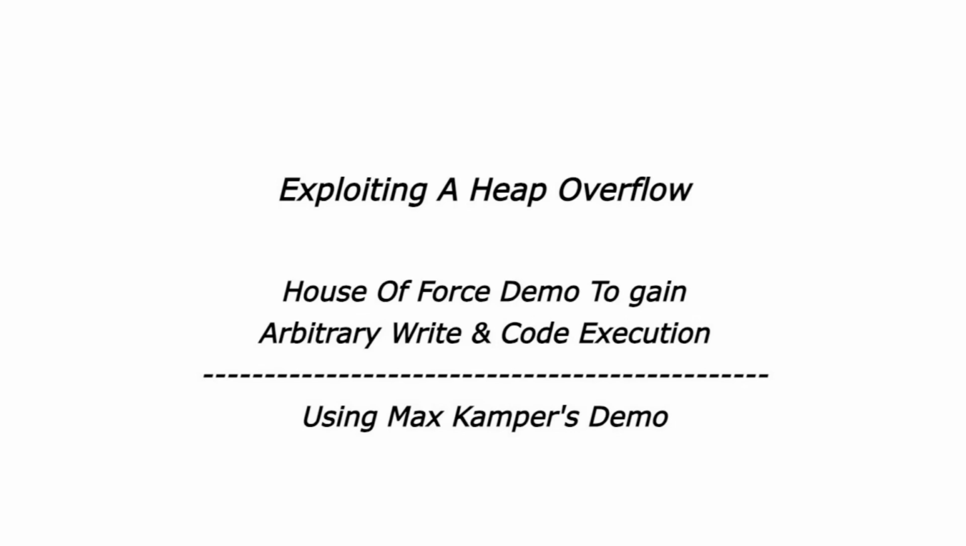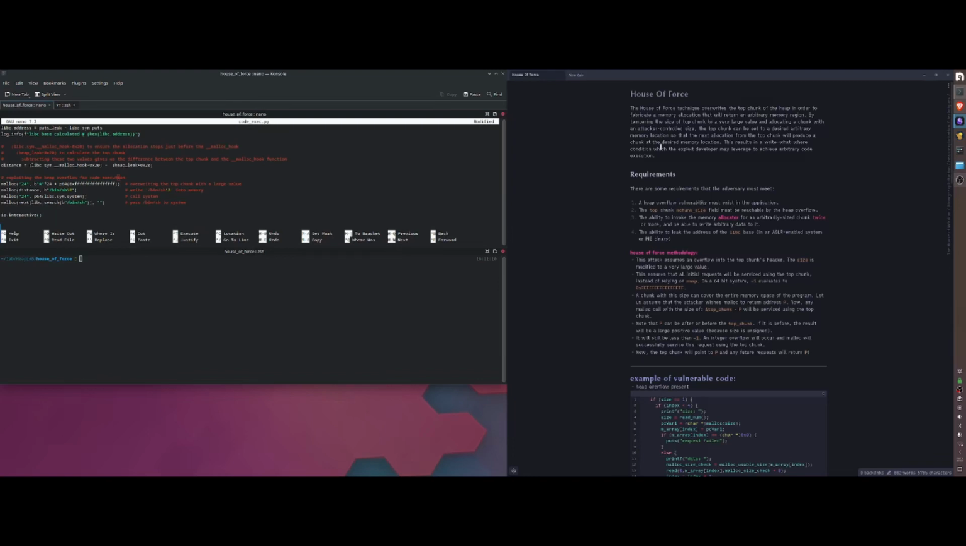In this video, I'll be talking about how to exploit a heap overflow using House of Force. The House of Force technique overwrites the top chunk of the heap in order to fabricate a memory allocation that will return an arbitrary memory region. By tampering the size of the top chunk to a very large value and allocating a chunk with an attacker-controlled